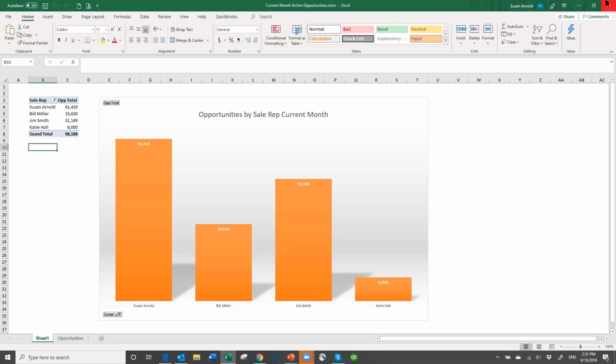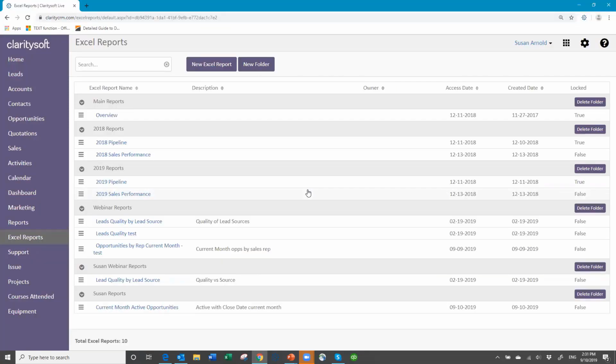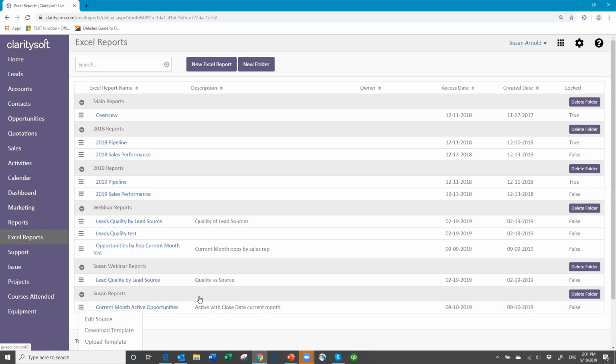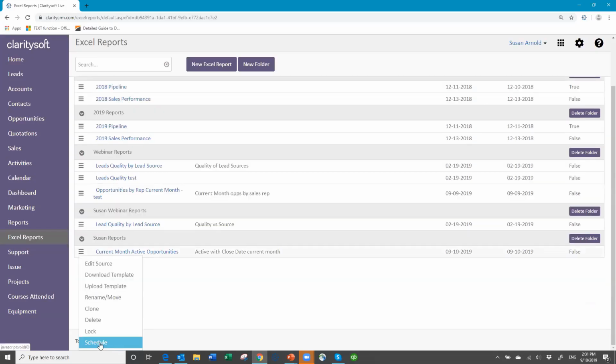Now, the other way I'm going to show you, and then you would save this. You could save it if you want to. I'm not going to, but you would save it. And then the other nice thing you can do with your reports once you create them, just like with the other reports in ClaritySoft, you can schedule them to run. So if you click on the row action button, you can go to schedule,